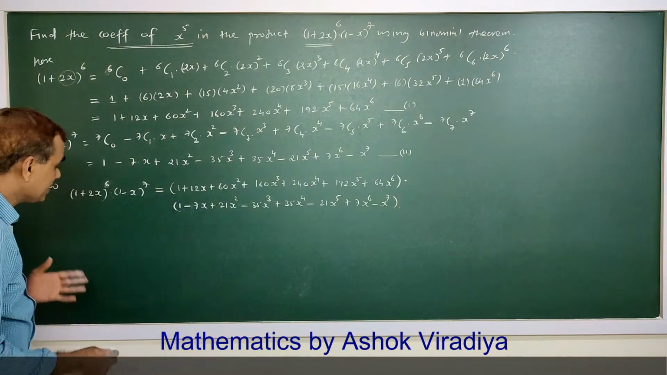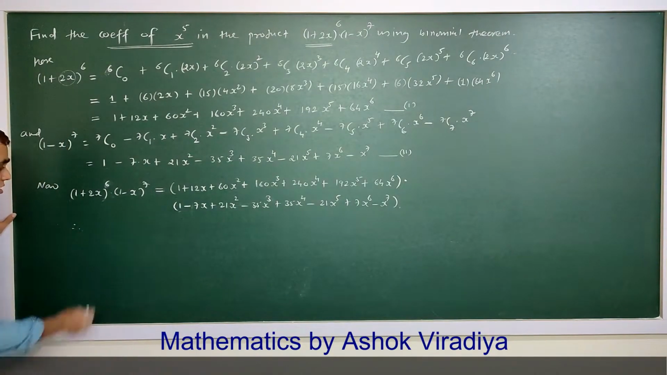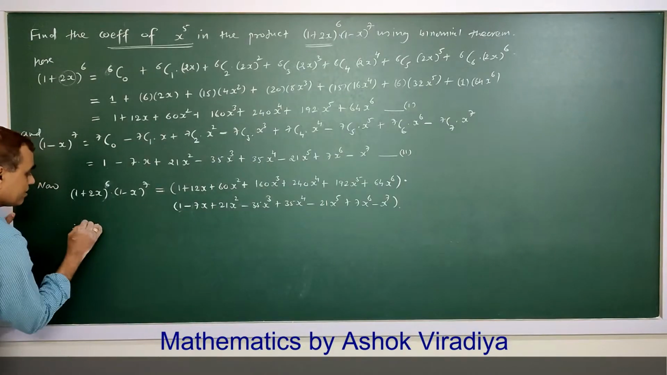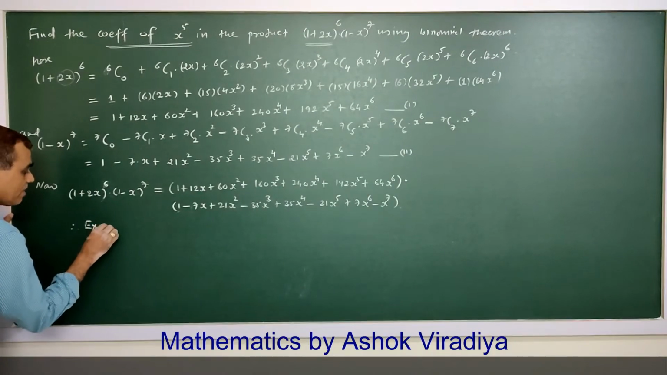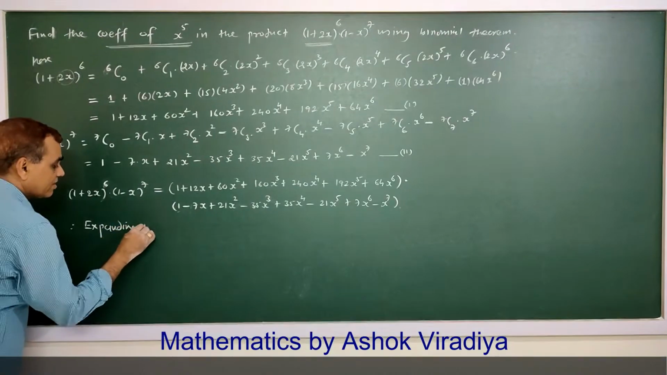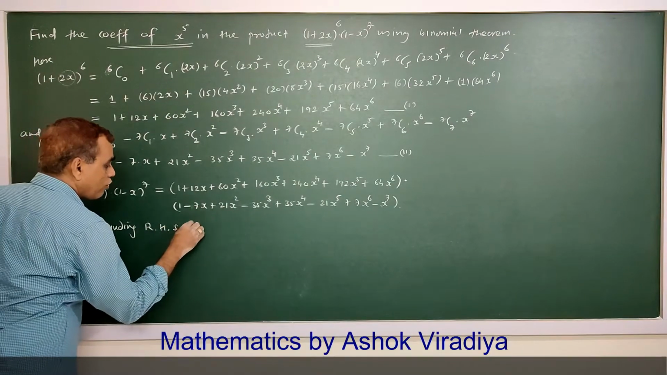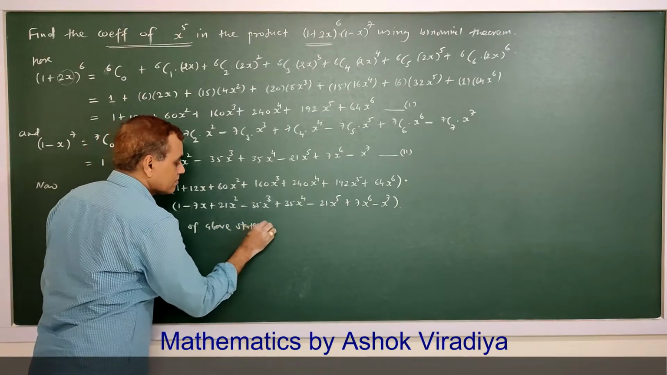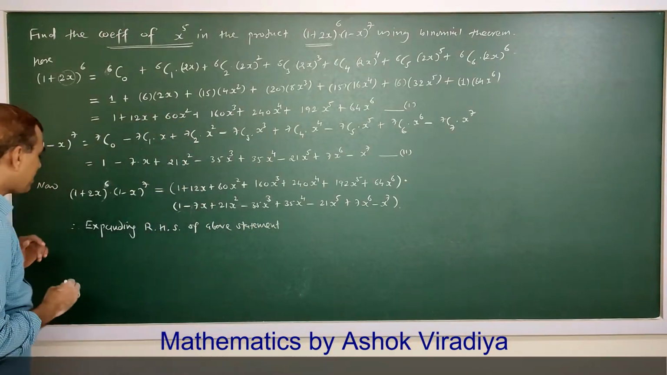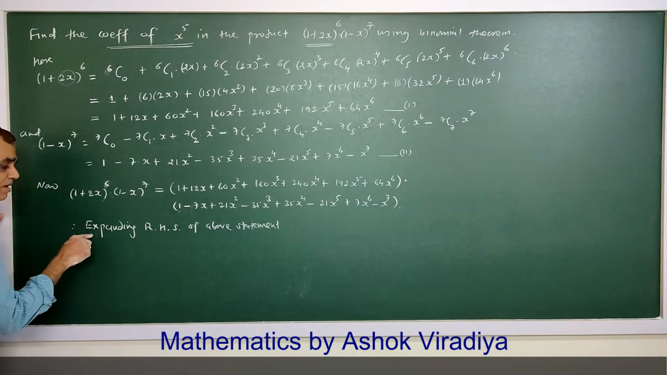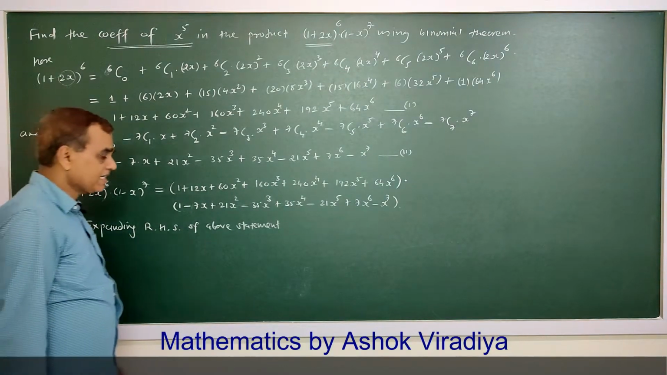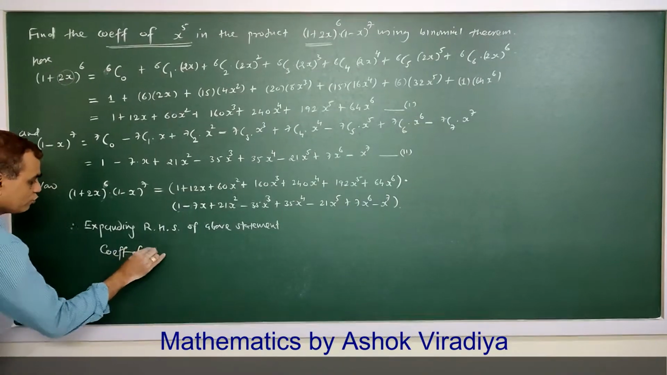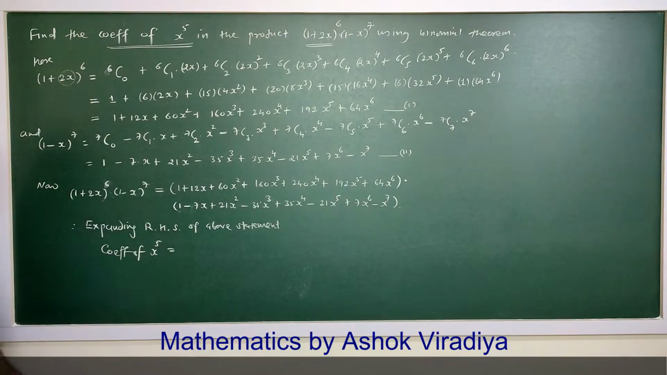So the next statement is, therefore, from the expansion of the right hand side of the above statement, focusing on x raised to 5, the coefficient of x raised to 5 is equal to